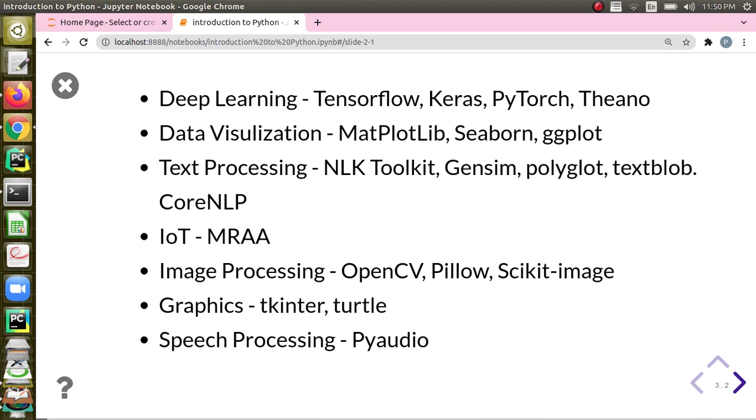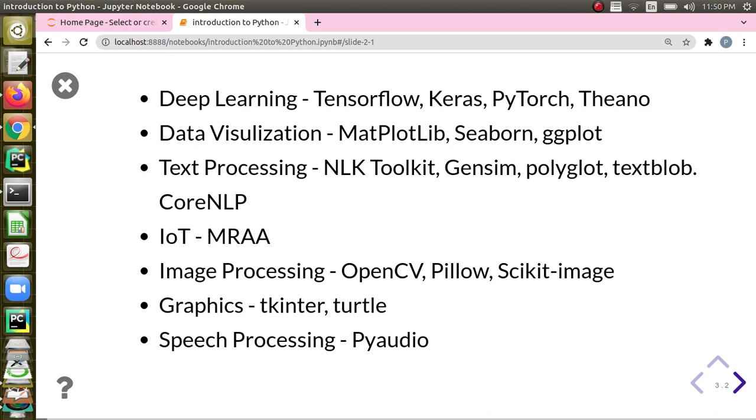And IoT has become more popular, and we have got packages like MRAA. And image processing, we have got OpenCV, Pillow, Scikit-Image. And graphics is very important because it makes the application more interesting for everyone. When you look at how we can do graphics in Python, we have got tkinter, and we have got Turtle.